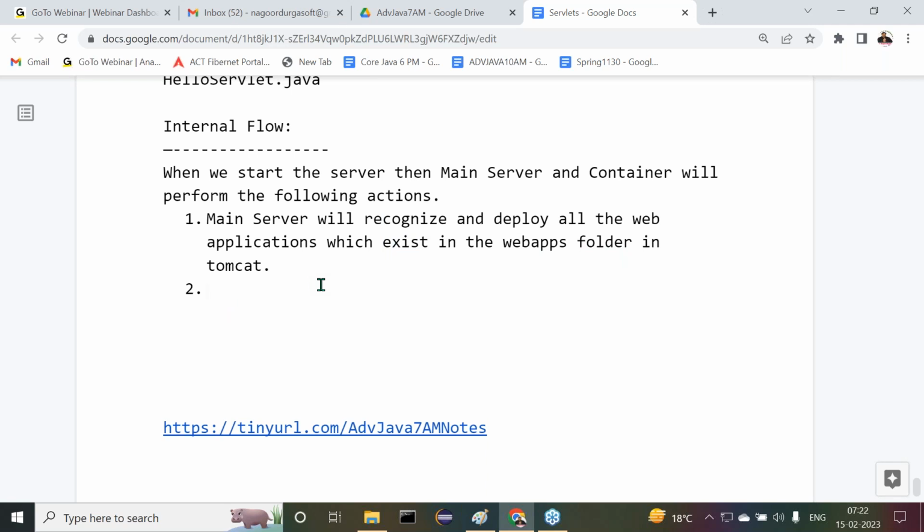That is the first step. Next, at the time of web application deployment,